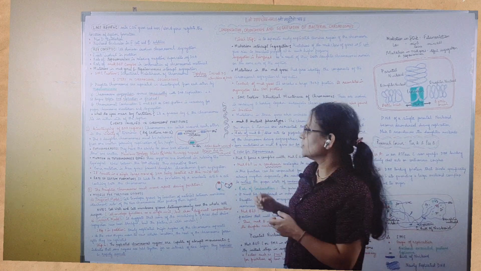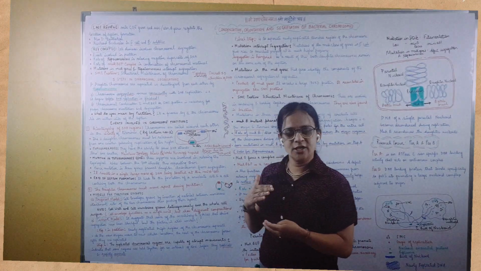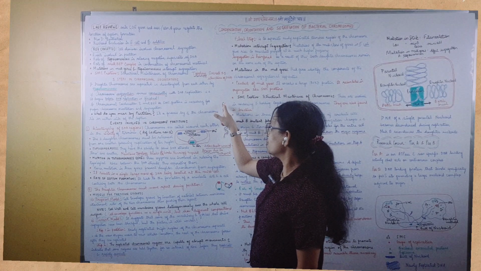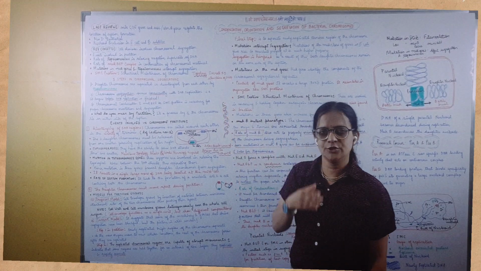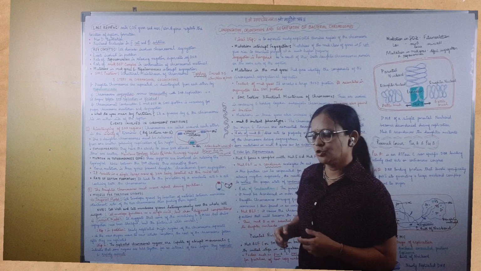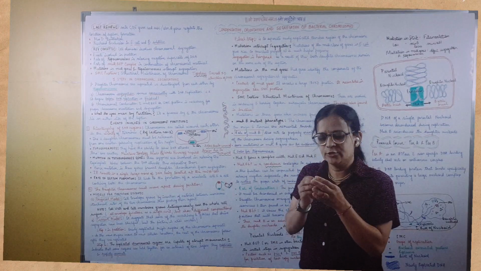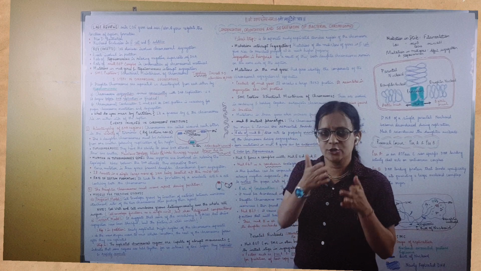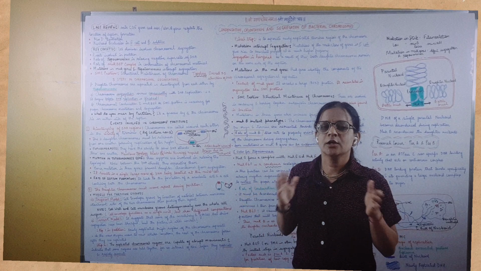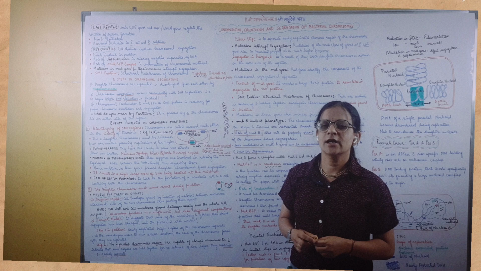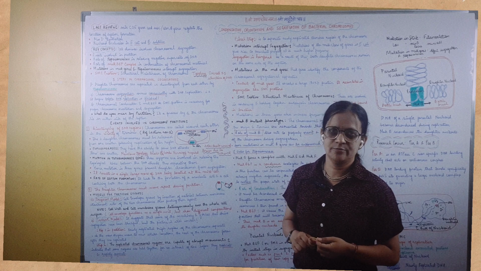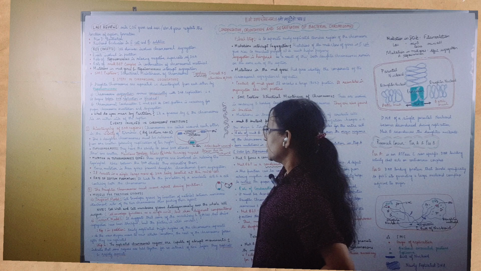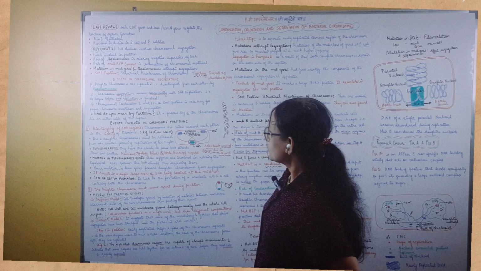This relaxing occurs by the breaking of the sugar phosphate bond, because you know that the sugar phosphate forms the backbone of the two helical strands, right? So in order to unwind the two strands, in order to separate them, you will require the sugar phosphate bonds to be broken, so that the unwinding will occur. This is done by the topoisomerase enzyme.